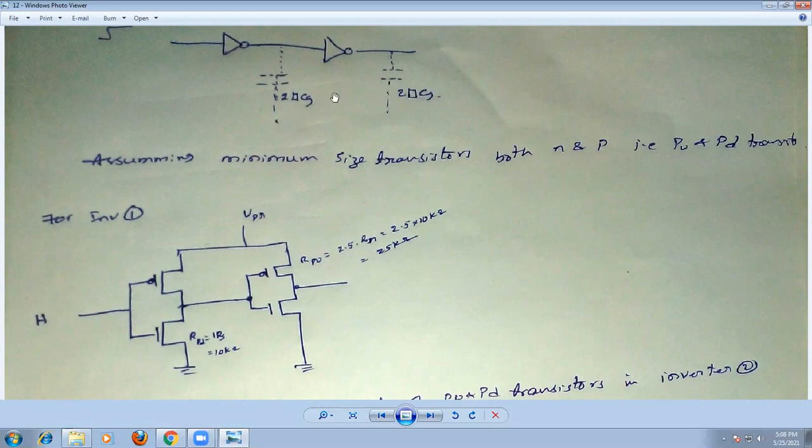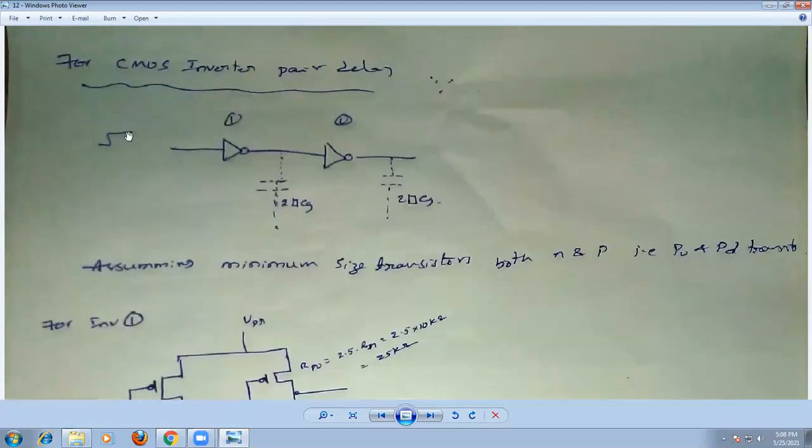So that is the main difference between NMOS and CMOS. Don't confuse them. In the NMOS technology, the output of the first inverter is given to only one transistor of the second inverter. But in the CMOS technology, the output of the first inverter is given to both the P and N channel gates. That's why we have to consider two capacitances here. These two capacitors are connected in parallel, so the capacitance value increases to 2 square CZ.